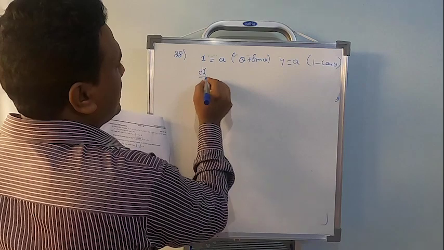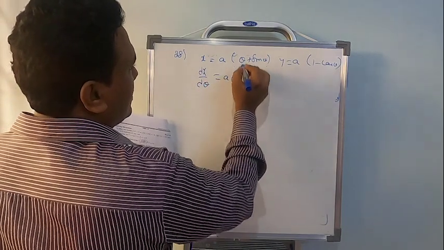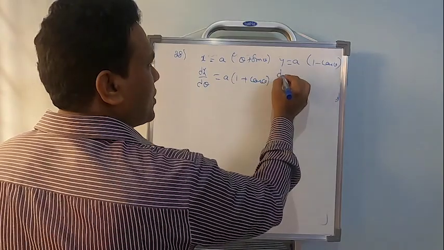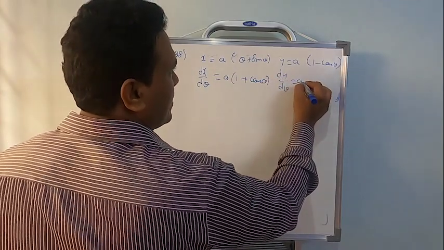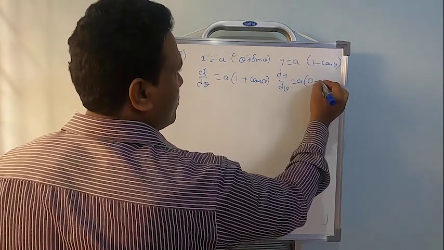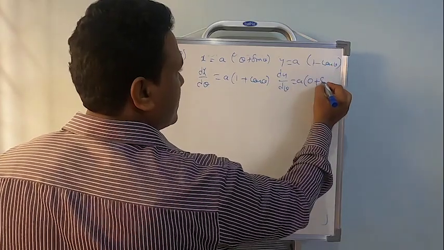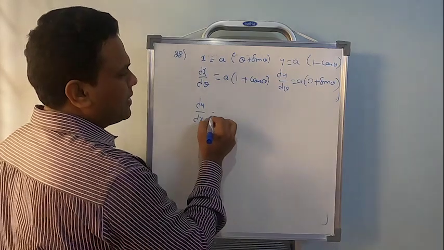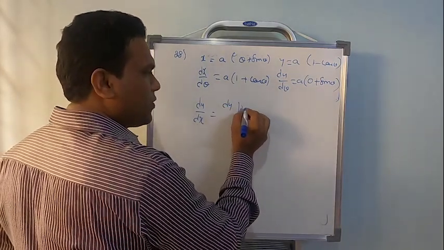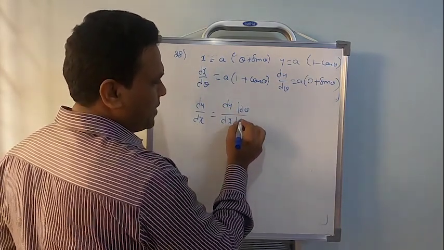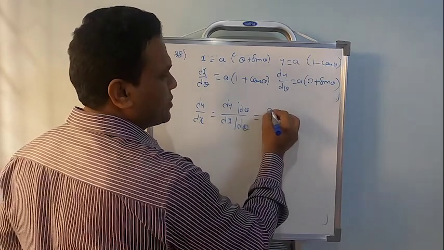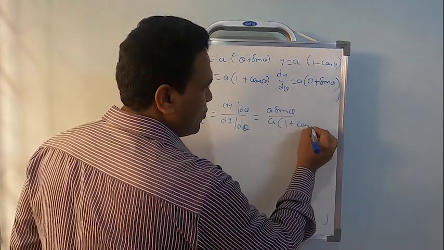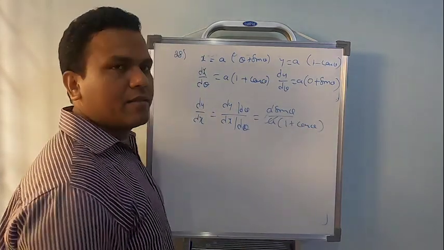So let's find out dx by d theta. Differentiation of theta is 1, differentiation of sin theta will be cos theta. So if I find dy by d theta, a 1 is a constant, so 0 minus differentiation of cos will be minus, so this will become plus. So let's write dy by dx finally. I suggest you to write this formula step, divided by dx by d theta. So a sin theta divided by a multiplied by 1 plus cos theta, eliminate this.